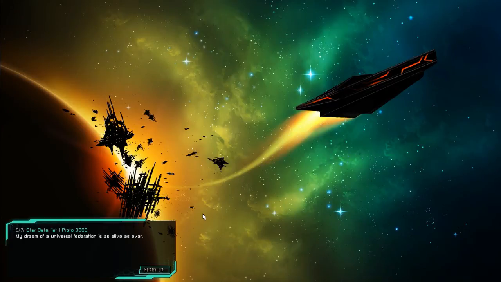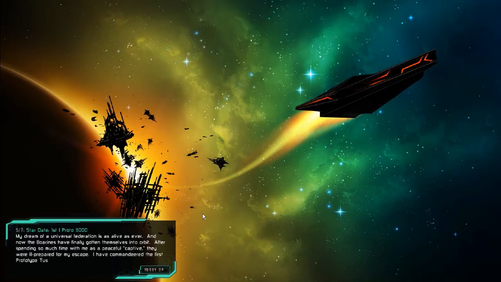Stardate first 1 Proto 3000. My dream of Universal Federation is alive as ever, and now the Boreans have finally gotten themselves into orbit. After spending much time with me as peaceful captives, they were ill prepared for my escape. I have commandeered the first prototype Tusker, and now the Boreans are in hot pursuit, so we are against the